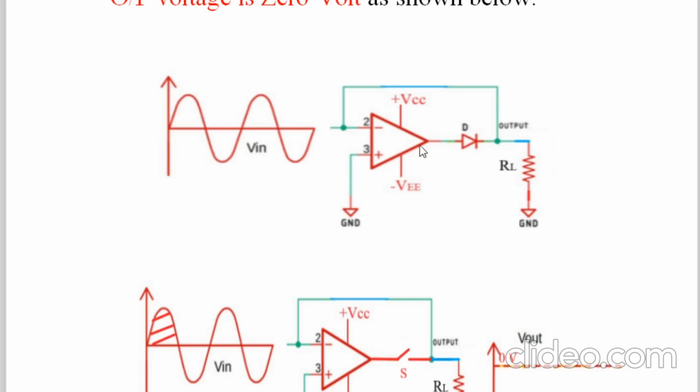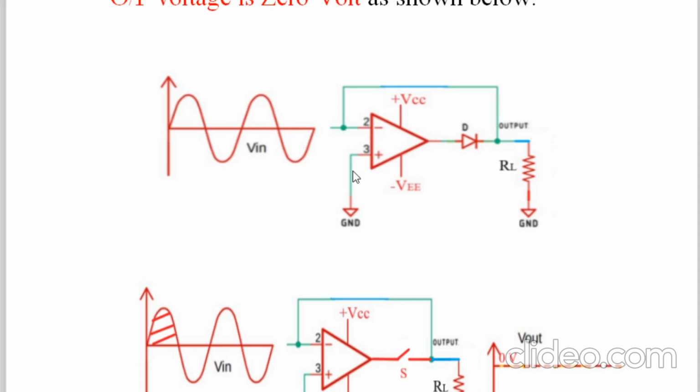As soon as the diode starts conducting, it behaves as a closed switch, and during the entire negative half cycle the output is positive. At minus 100 millivolt, the inverting voltage is minus 100 millivolt and the other is 0, so 0 is much more positive as compared to minus 100 millivolt. When you keep increasing the voltage in the negative direction, say minus 200 millivolt, minus 500 millivolt, minus 1 volt, suppose minus 1 volt is your peak. The voltage at inverting is minus 1 volt, and the voltage at non-inverting is 0.